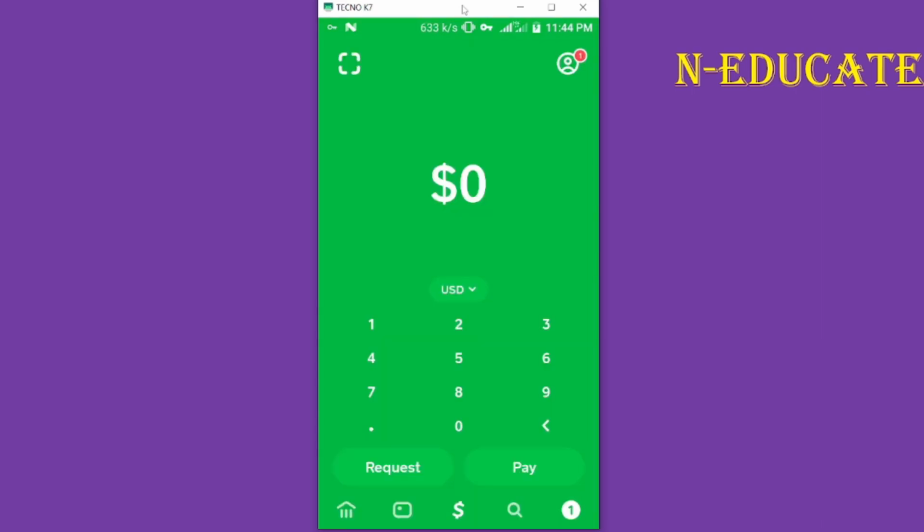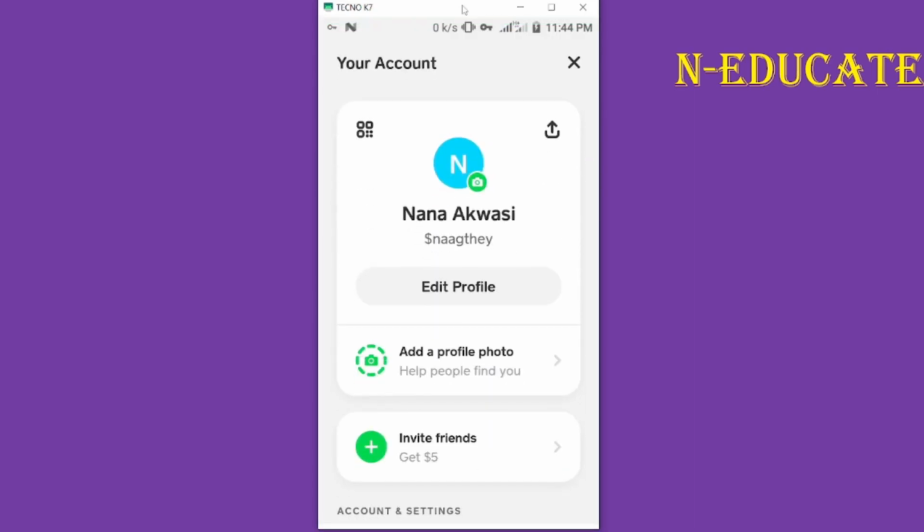When the Cash App opens just like this one, before you are able to cash out your money from the Cash App, you have to link your bank to it. Okay, and then when you look at the top right hand corner, you see the profile icon here. Just tap on it. So when you tap on the profile icon, the next thing you have to do is